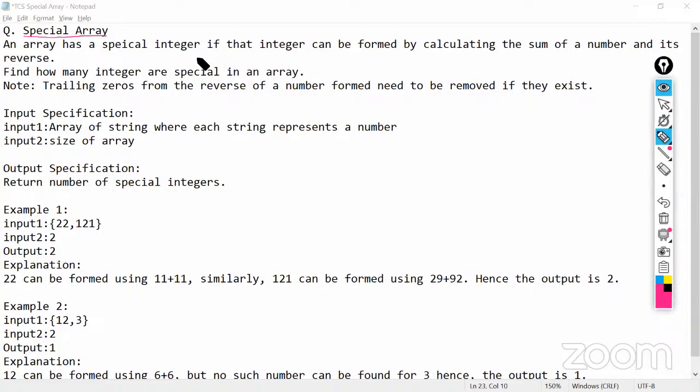Right, now understood this scenario, how is it going to be implemented, and what kind of implementation do we have to follow? Well, to implement this, the question here has the name special array. Okay, what is this special array? It is mentioned right here. The array has special integers if that integer can be formed. Which means the array deals with integer numbers, and if that number is getting formed by